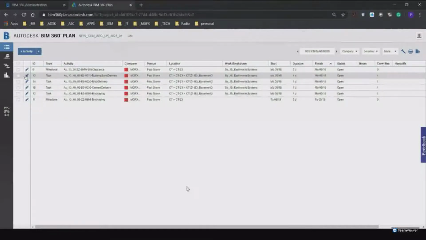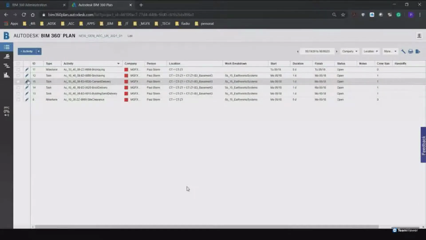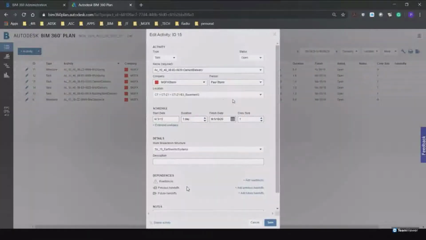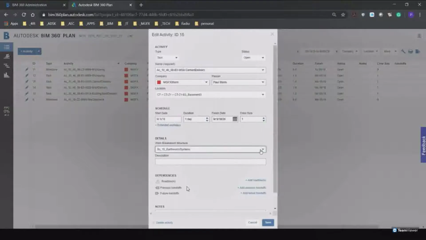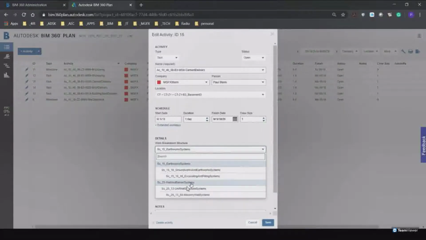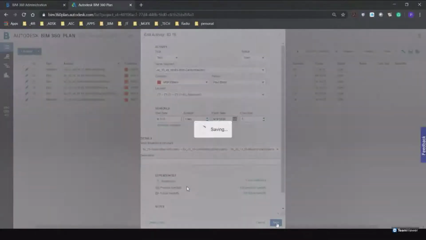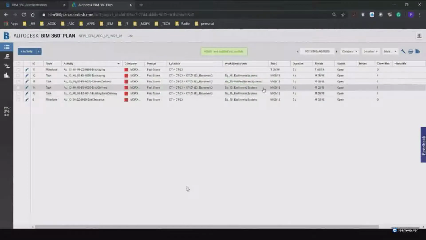So this would be typical of a contractor or a subcontractor on site who would like to have access to this information. The advantage of doing this is that the information that is entered by the contractors and subcontractors are